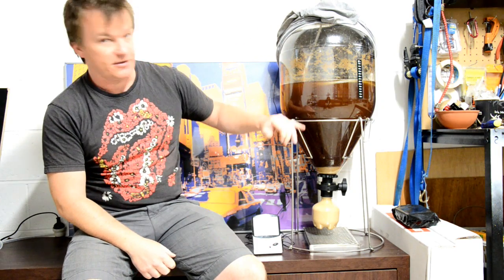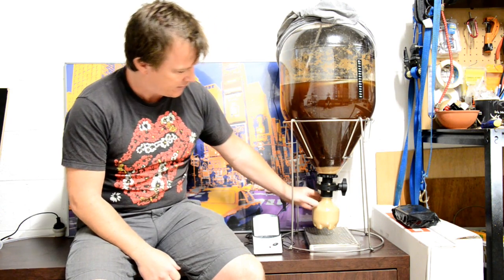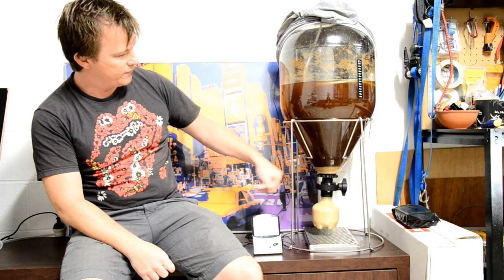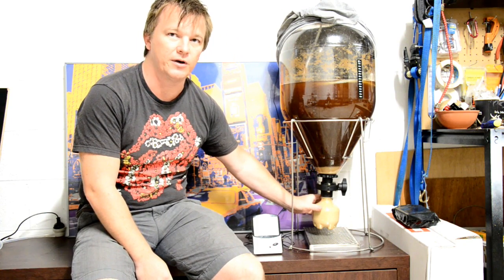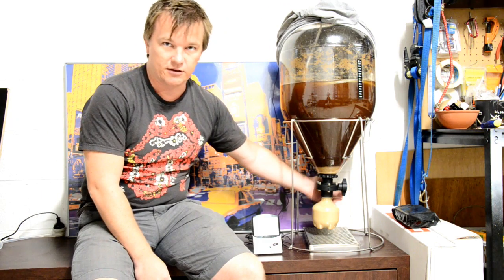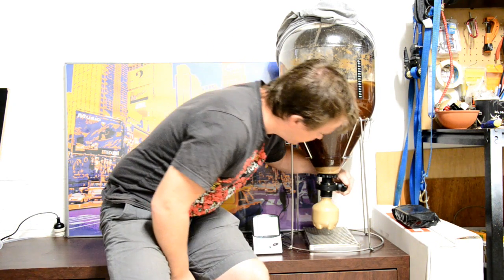Okay, you can see this is the third day now. I think you can see a lot of the trub settled down into this collection vessel. We've got a little bit settled above the valve. So what we're going to do now is just remove this. Now if I wanted to keep this yeast cake for my next brew, I could just remove this, seal it, put a lid on it, and put it in the fridge, ready for the next time. But for us, we're just going to